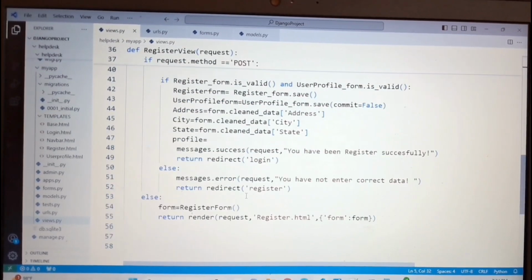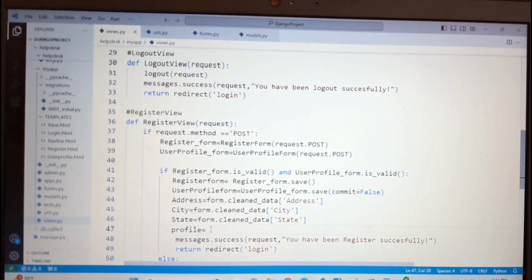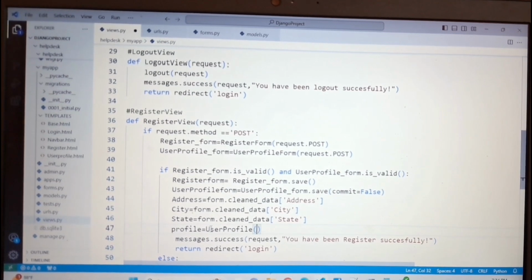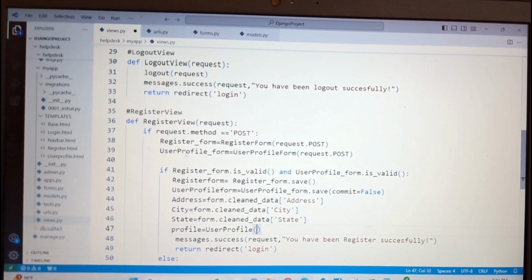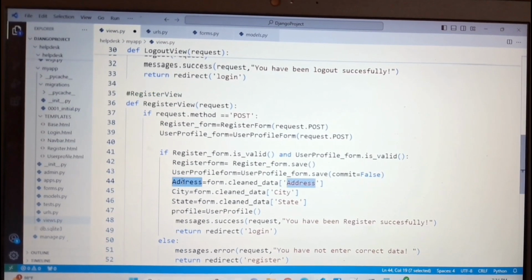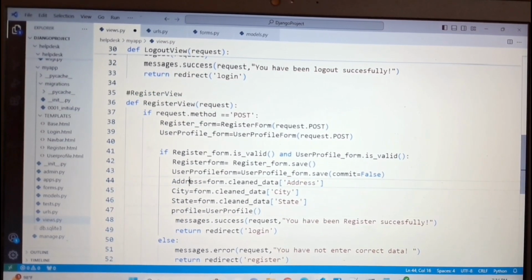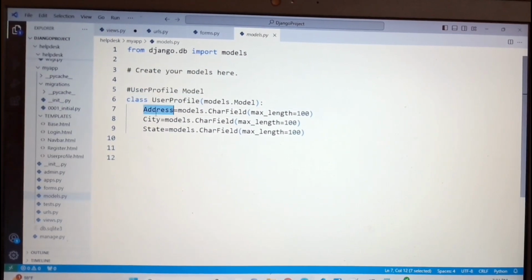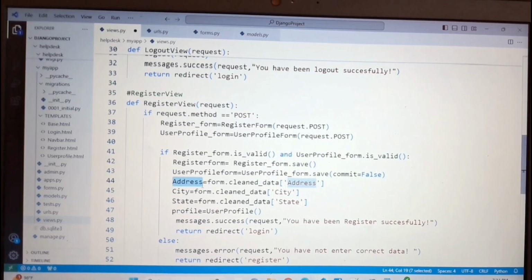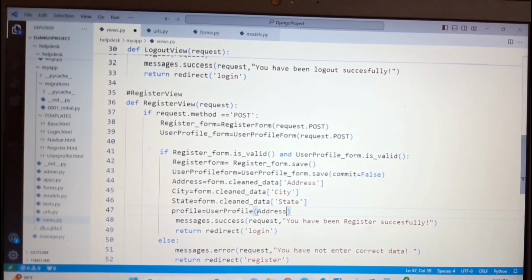Yeah, so here you need to specify the model name. Then first you need to specify the fields whatever you have taken in that model. If you remember, we have taken address, city, state, and the same thing we have taken here also. So from here only we can copy. If we have taken something different, then we have to paste whatever name we have given here. But right now in my case I have given the same name, so you can take this one as it is. Equals to, you have to specify this one again,